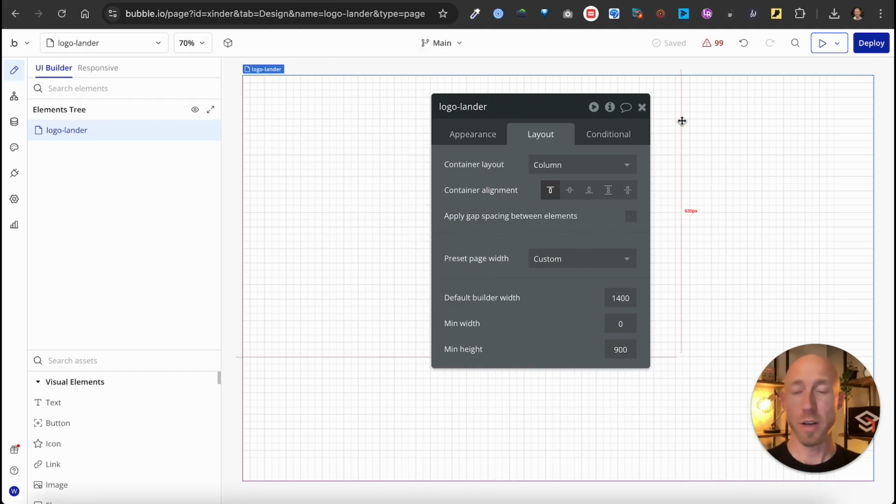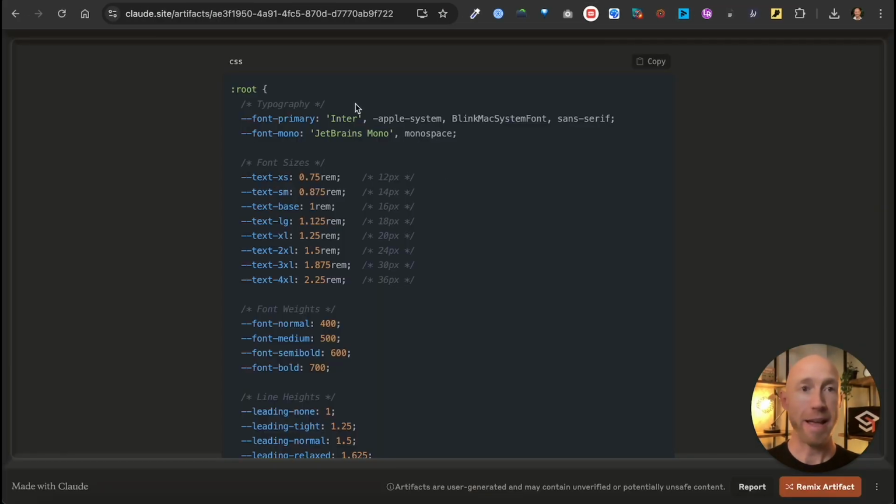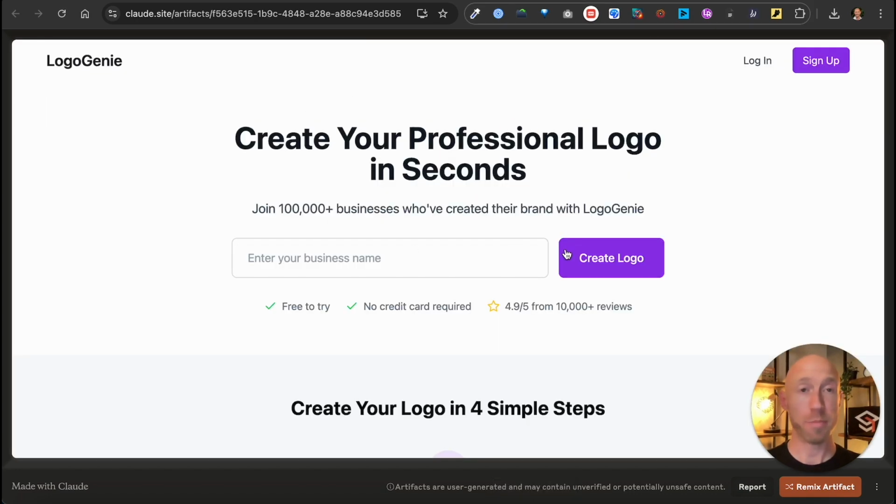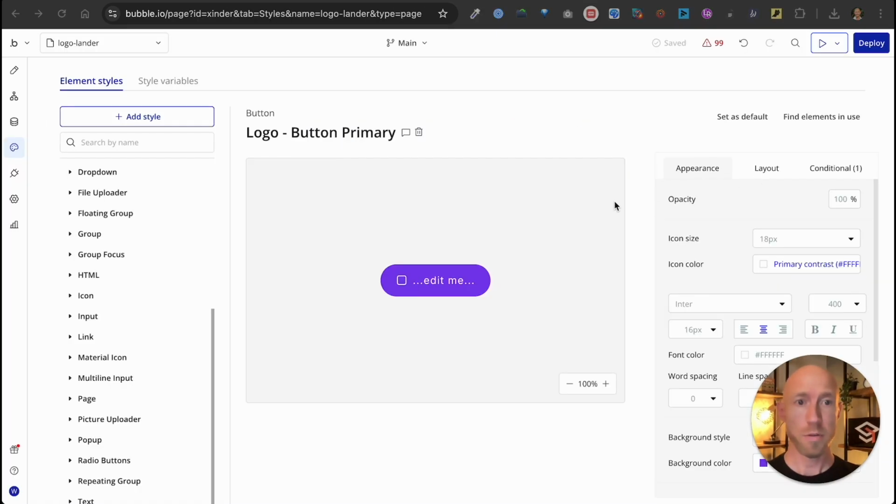One of the great things about Claude, now that we're firing up Bubble, is that I can also ask it to give a style sheet. So I'm just going to go and enter these as my first list of things to do here. It's going to make it a lot easier as I go out and begin to build the pages. Okay, and so with some text and some button stuff in there, I feel ready to get going on the